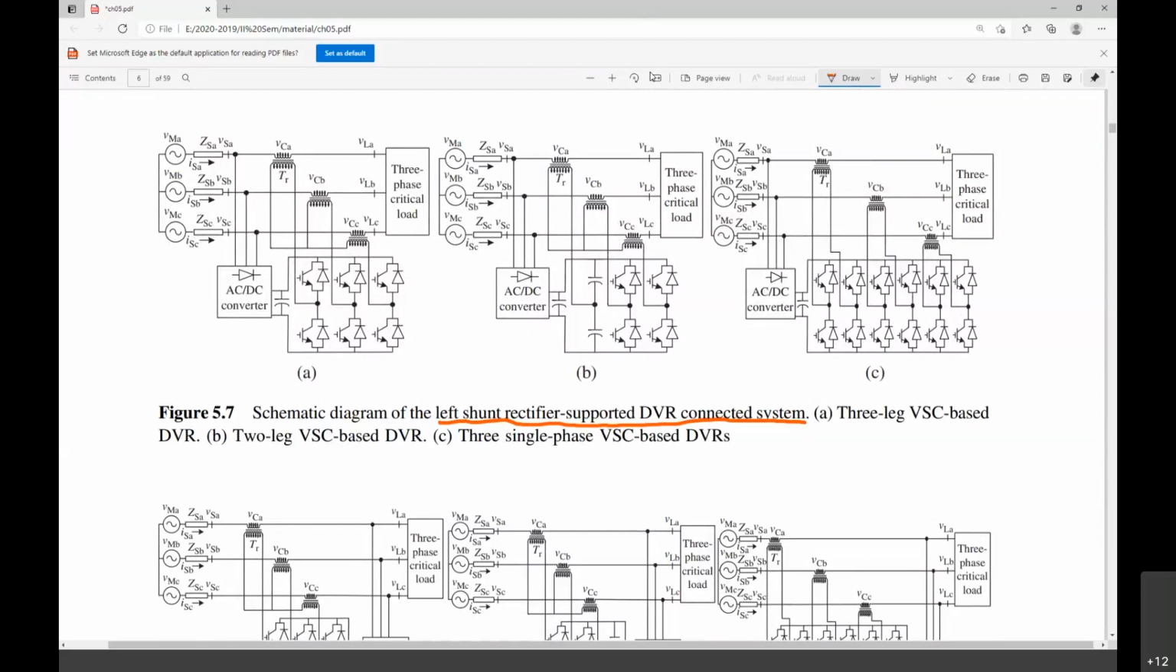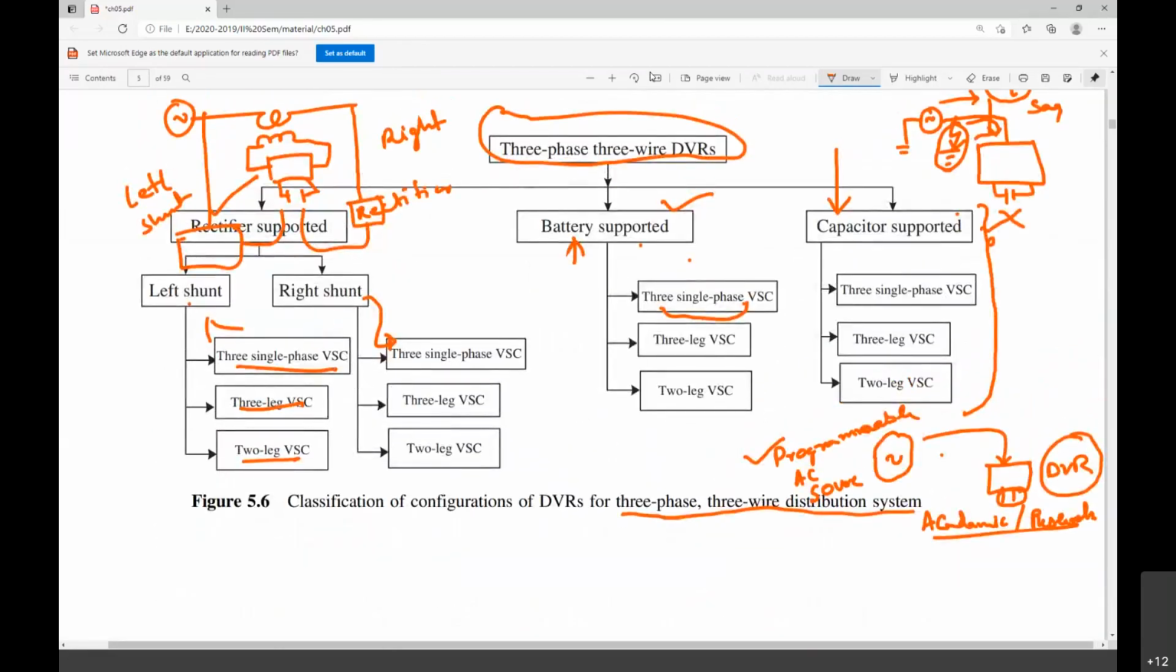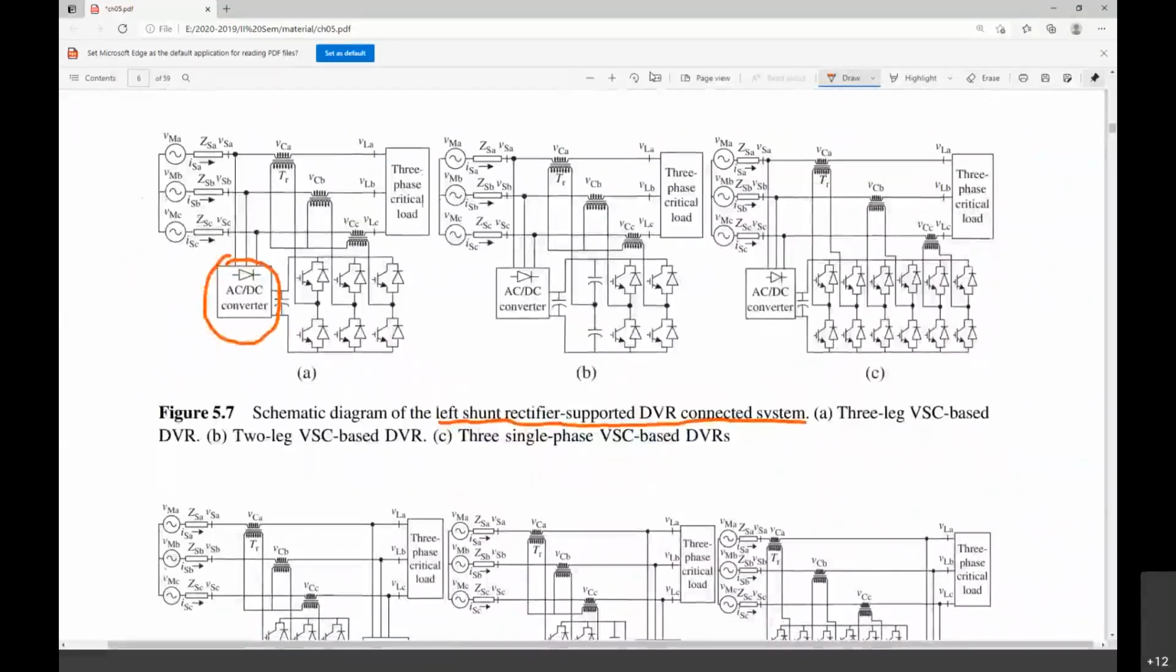Left shunt rectifier supported DVR connected system. Okay. And one is, this rectifier is there, right? Charging this capacitor. They're connected the rectifier. But whatever I said to this particular capacitor supported. Okay. In this case of the rectifier supported, we are charging the